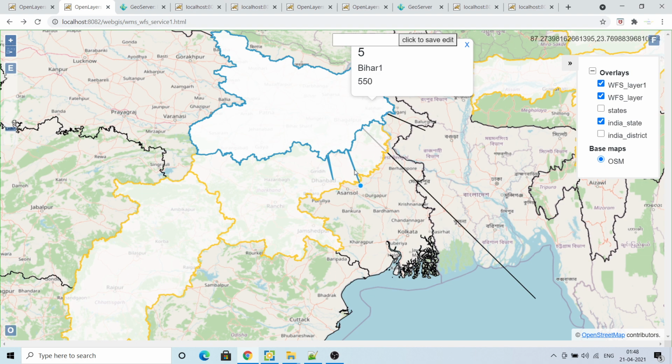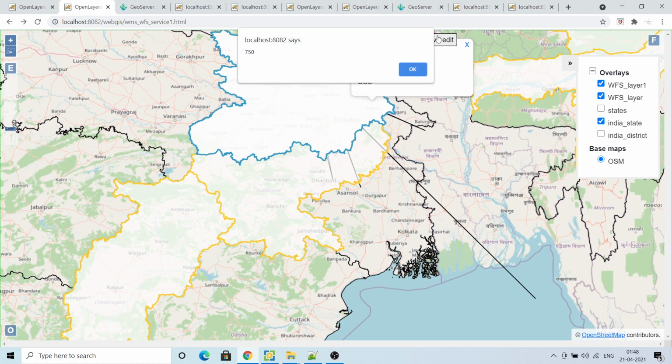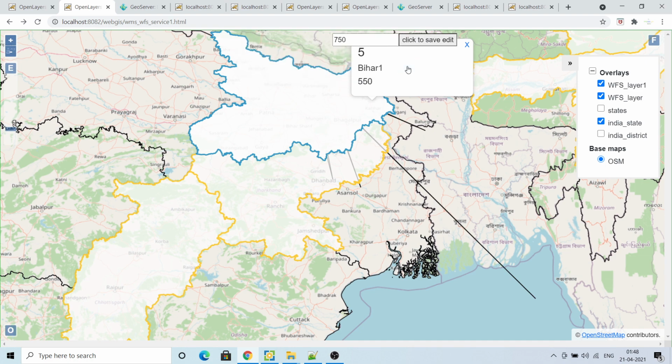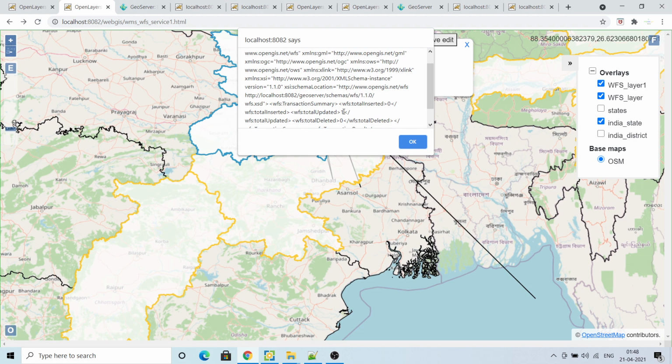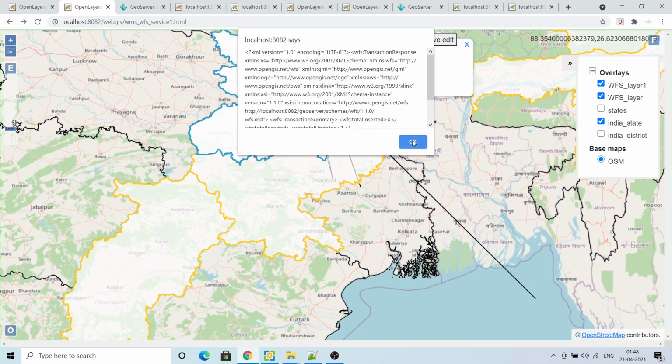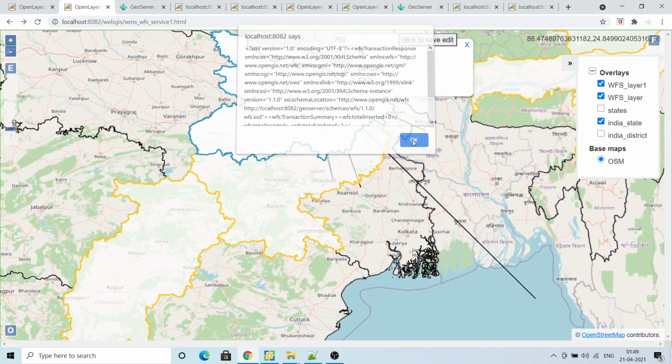I'll make it 750. Again, response updated feature. It will update every feature, whatever feature I highlighted. This message is popping up because I want to show you that.